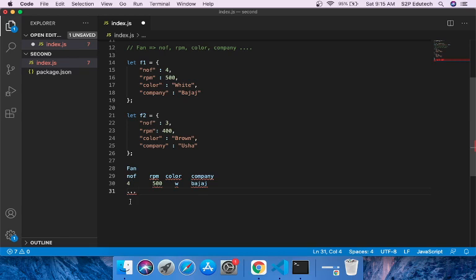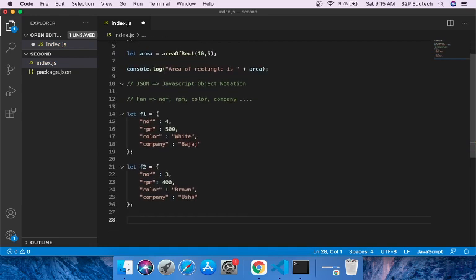So having said this, what I would say is that JSON, the full form of JSON is JavaScript Object Notation.